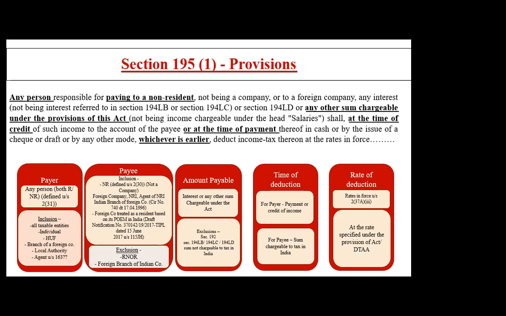So that is very important at least at this point of time. You don't have to check his non-resident status at the year end because you are making payment as on date. So the test of residency for the non-resident has to be checked at that very point of time, considering the number of days.